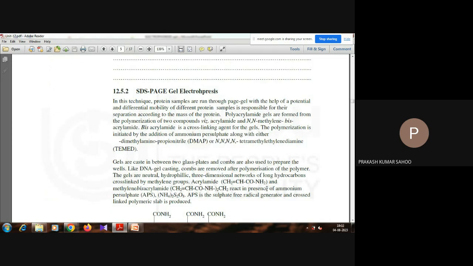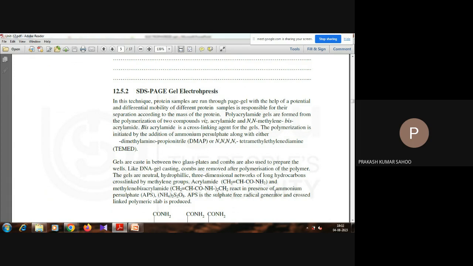We have SDS PAGE gel electrophoresis. In this technique, protein samples are run through a PAGE gel with the help of potential, and the differential mobility of different protein samples is responsible for their separation according to their mass. This polyacrylamide gel is formed